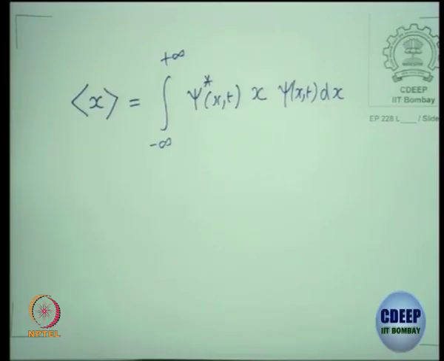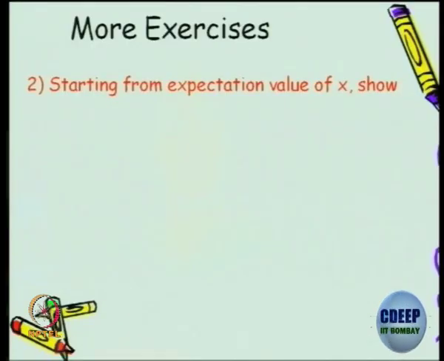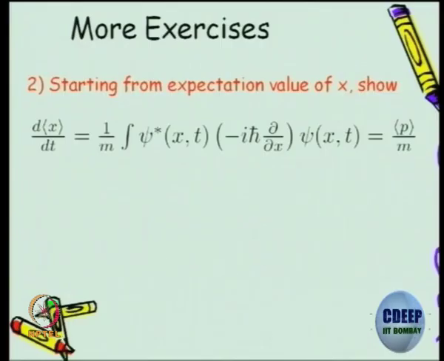I'm just recalling what you have learnt in your first year course. So, you start from the expectation value of x, show that d by dt of that expectation value, we do the algebra and show that it is